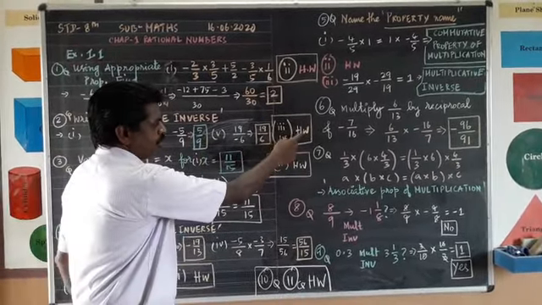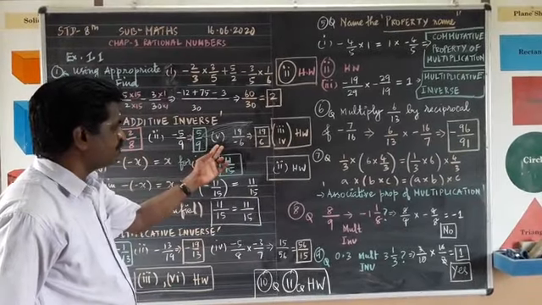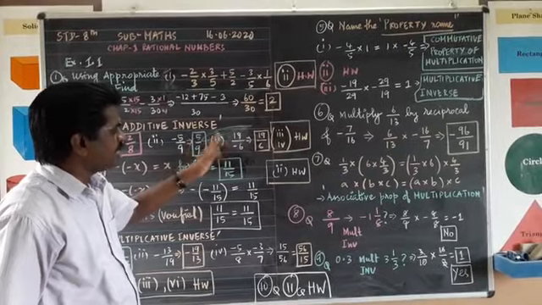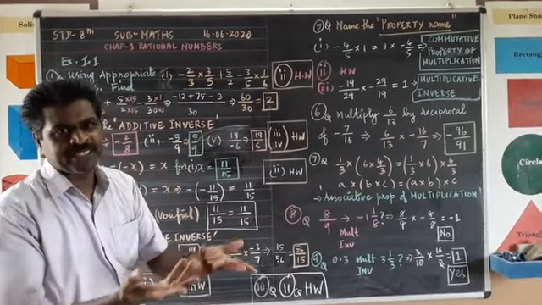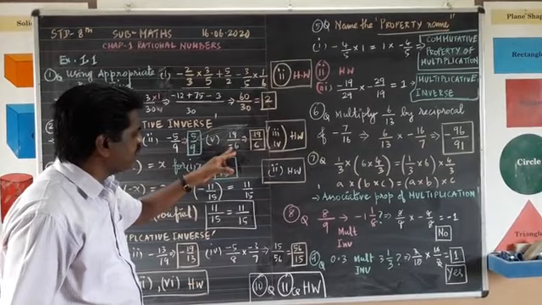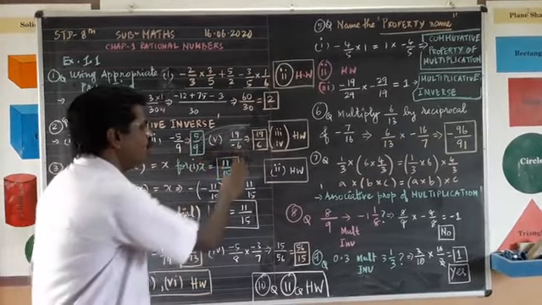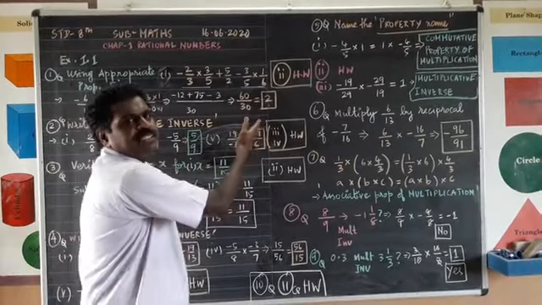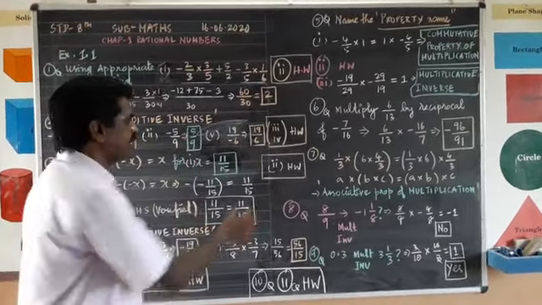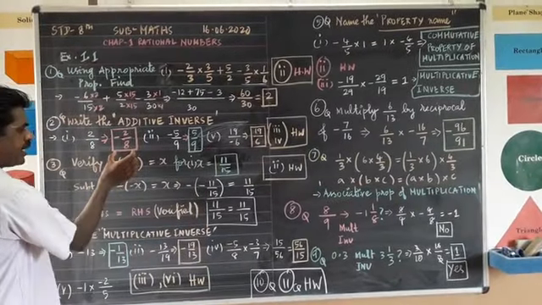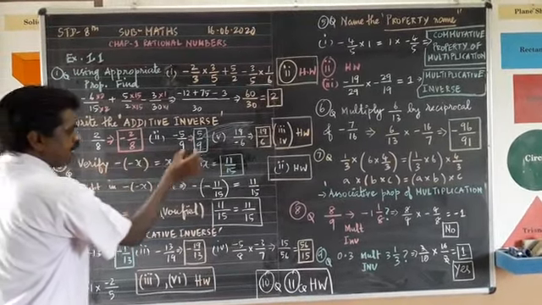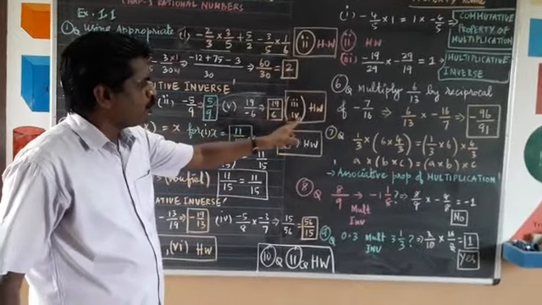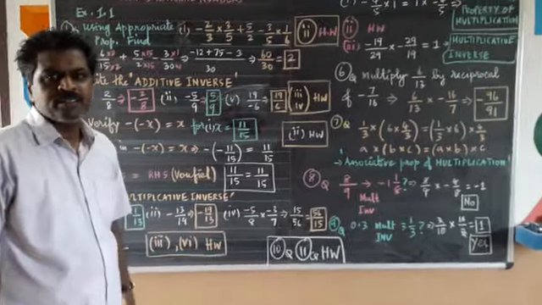Third and fourth you have to take as homework. Fifth problem I am doing: 19 upon minus 6. What is this fraction? Minus 19 upon 6. That is the meaning. In 19 upon minus 6, the minus applies to the whole fraction, so it is minus 19 upon 6. What is the opposite sign? Plus 19 upon 6. These are all additive inverses. What I have written in the box is called the additive inverse. In this second question, third and fourth you take as homework.